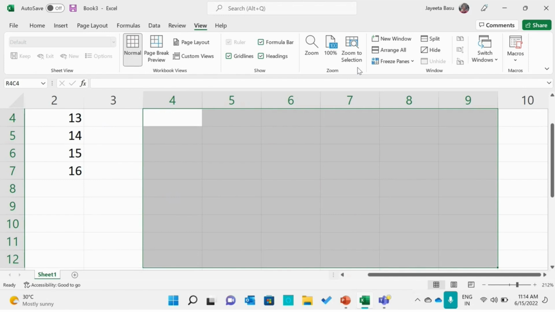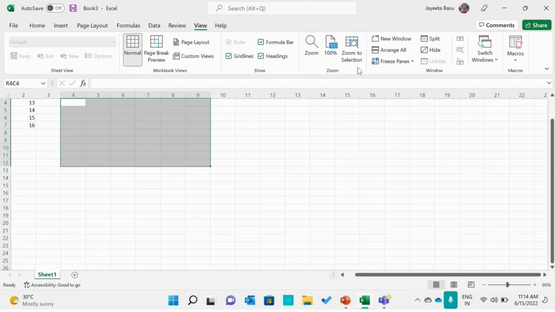So make sure you are using the cell range to magnify into that part. For example, if there is a larger set of data from, let's say, column number 7 to column number 15, you can select these many columns, the cell ranges that you want to focus on, and then click on zoom to selection. Now, always remember when you're using zoom to selection that your cell range should be shorter